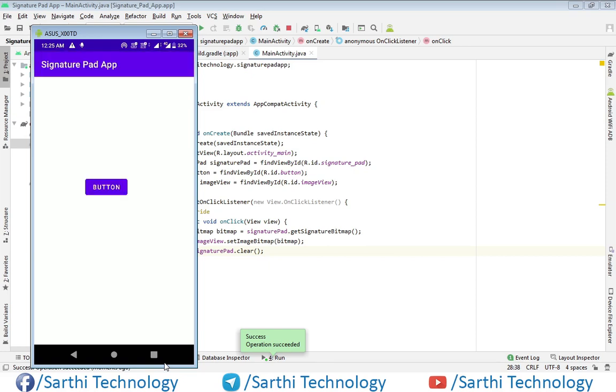Now I am just doing some signature here, and when I press this button, you can see the signature in this image view. So this was the demonstration of how we can add signature functionality in our application.